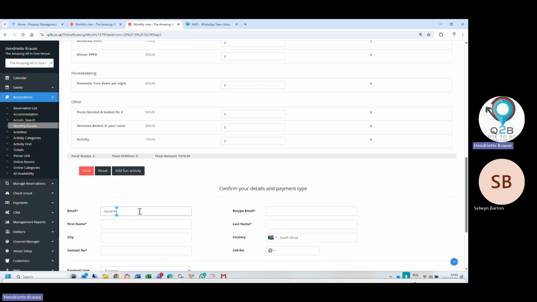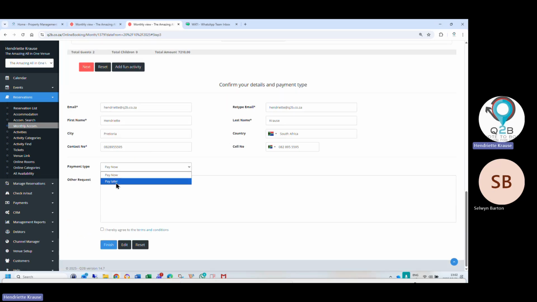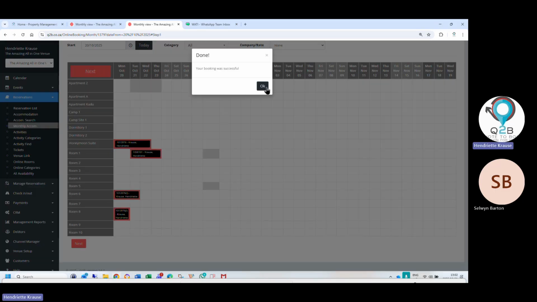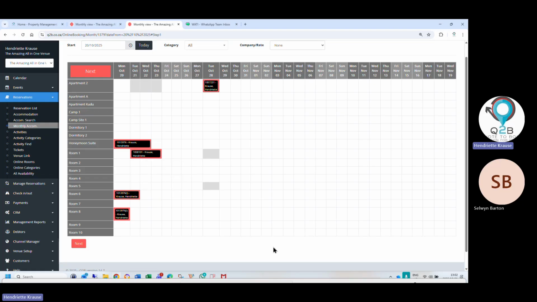And this is now internally, if I'm going to make a booking, an email is unique to a customer, so we populate all the customer details by email. And if I'm logged in, I don't want to go to the pay gate, I say finish, and it mails the invoice to the client. Okay, booking is done, and the invoice was mailed to the client. Done and dusted. So this is our most popular screen.